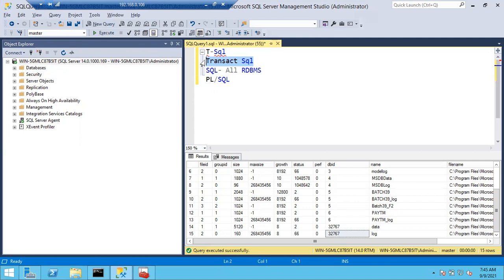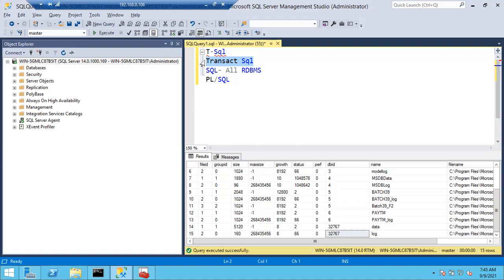In the same way, SQL is a common language. From this SQL language, different RDBMS softwares create their own languages, from the basic SQL language only. They just modified the code of the SQL language and use it as per their requirement. So Microsoft also modified the SQL language and created the T-SQL language, Transact-SQL. Oracle used the same SQL language and designed PLSQL. Like this, other RDBMS softwares also created their own SQL languages.